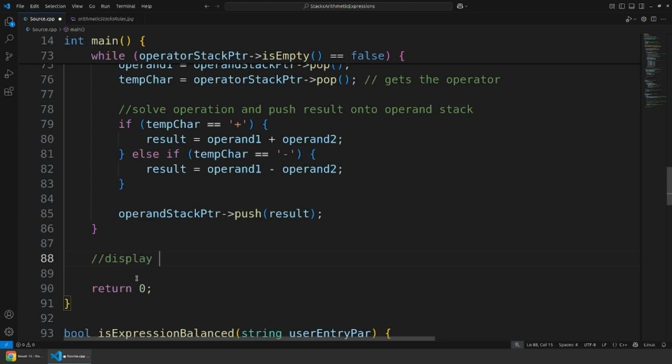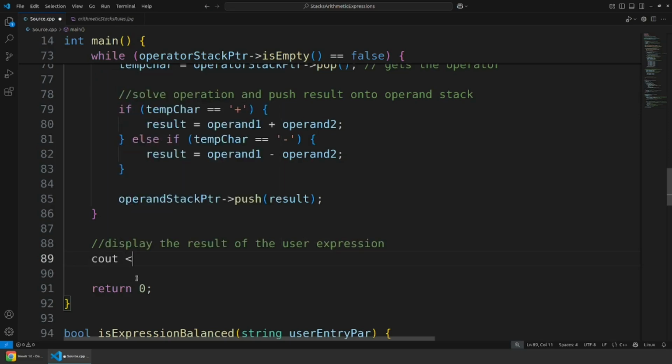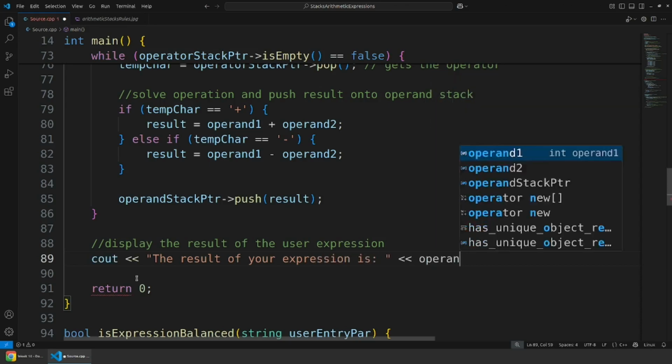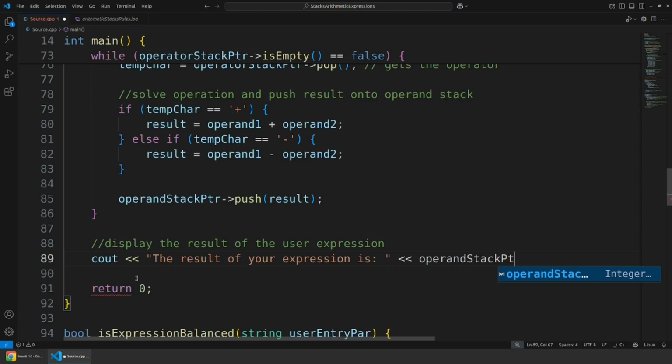we want to display the result of the user expression. And we're going to say cout, the result of your expression is operand stack pointer pop. Ooh. Sorry about that. Okay, so the idea here is that, remember, every time we had a result, we pushed it